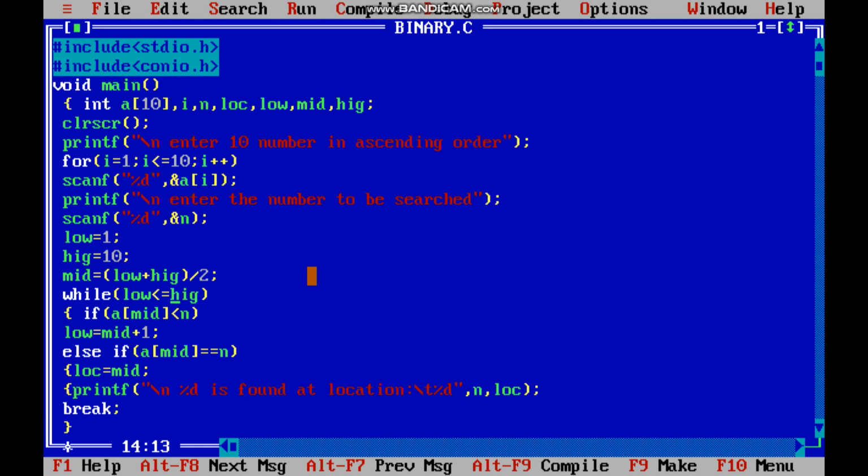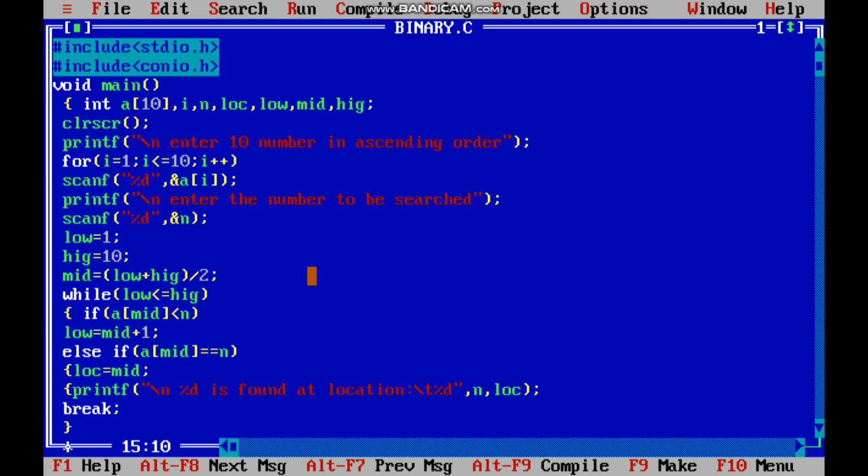If there is an element in the array, low is always less than or equal to high, because it is possible that the list may include only one element. So low may be equal to high, but low is never greater than high.